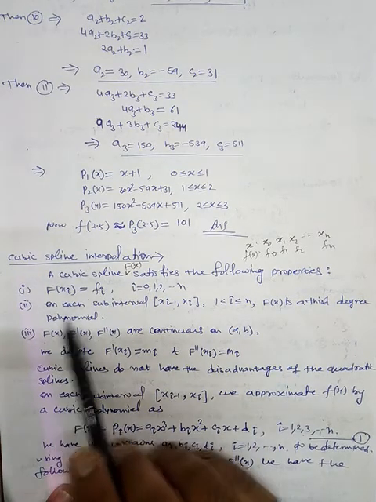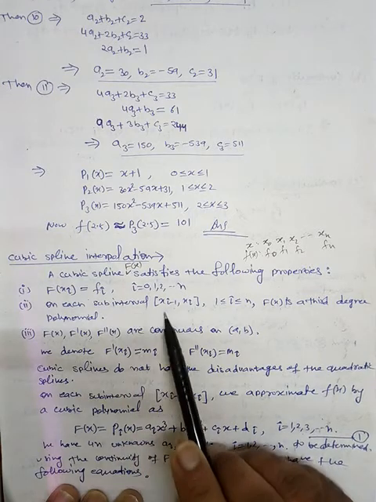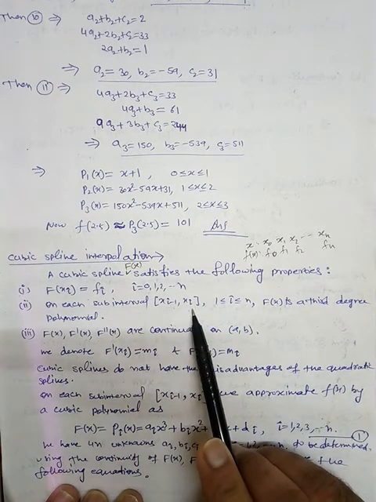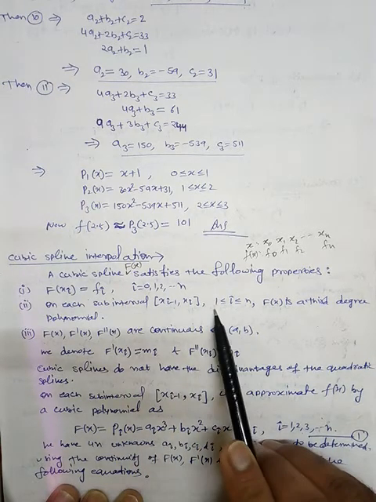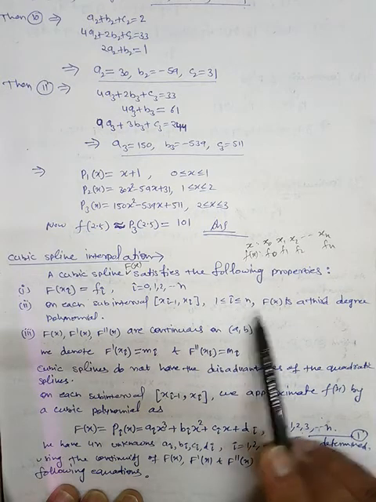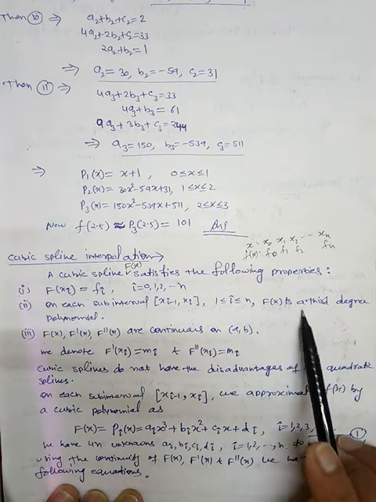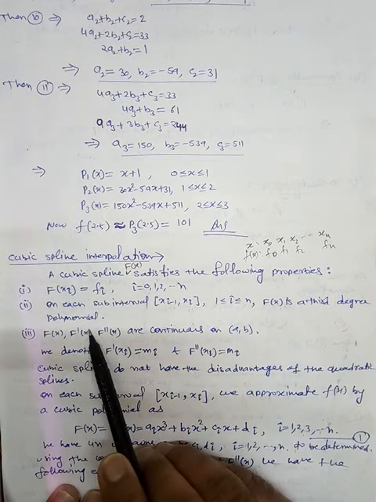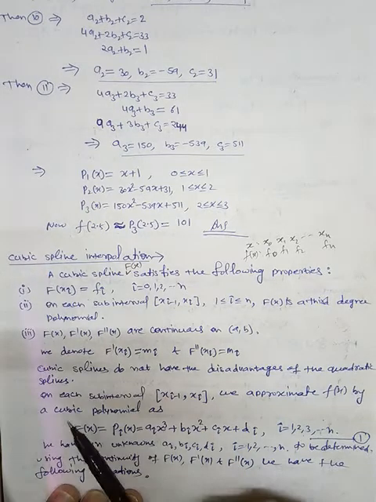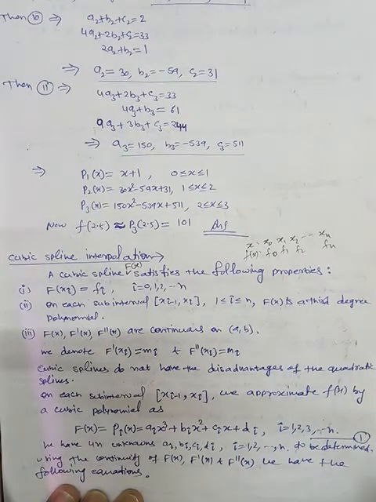Second condition is, on each subinterval xi minus 1 to xi, where i varies from 1 to n, f of x is a third degree polynomial. That's why this is cubic. So there is a third degree polynomial. Third condition,